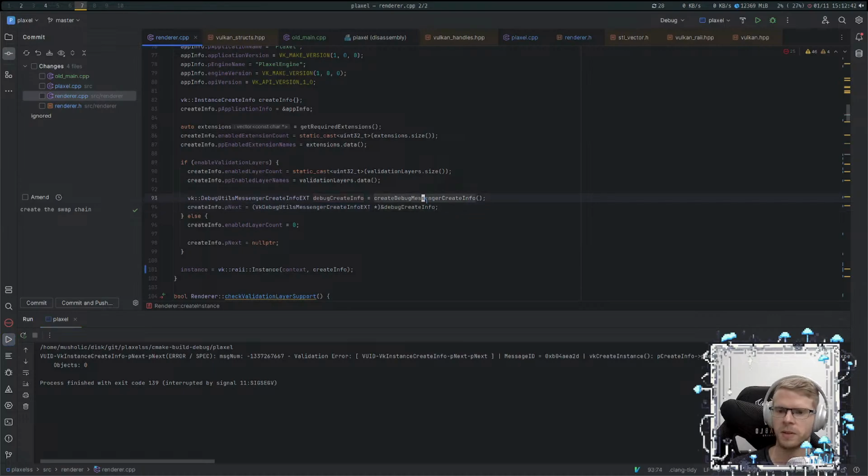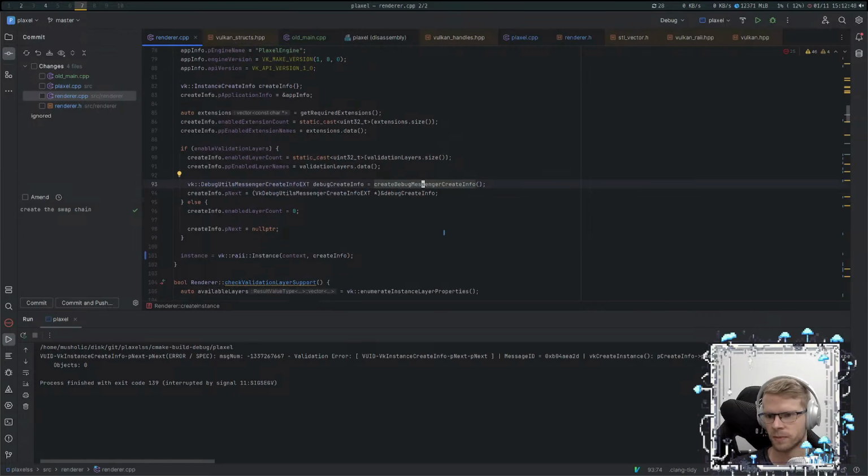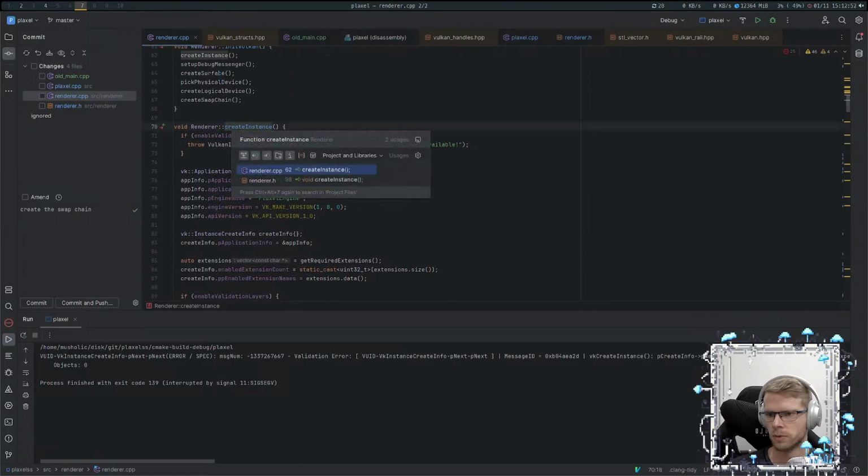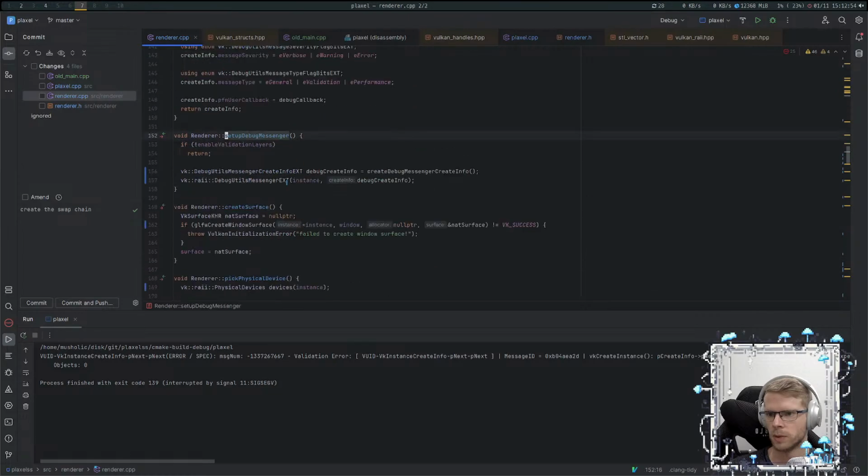That's weird. I did not expect this message here. So what I wanted to do, if I go back to setup debug messenger,